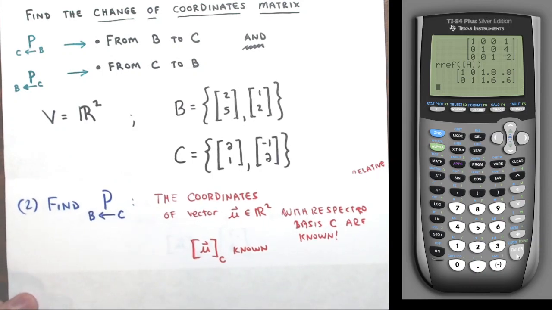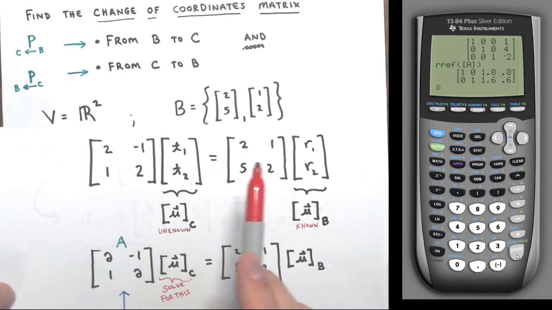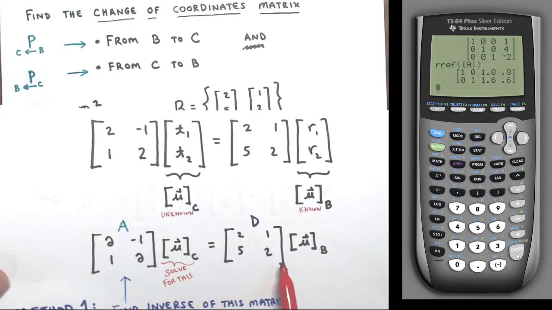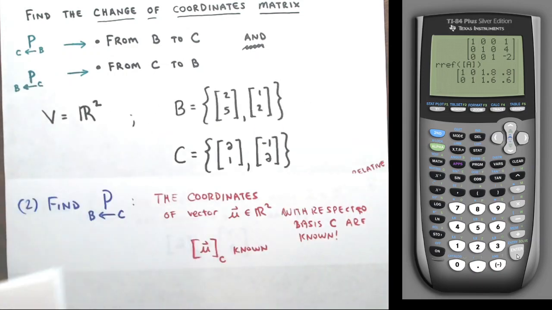All right, so I'd set up the same equation that I did earlier, so nothing would really change. I'm just going to switch the sides so that the notation means something, right? So the C stuff on the right, B stuff on the left, all that same stuff I did earlier. I'd set up the same equation with these same two matrices, just with the sides switched. So I'm going to write that again. All right. So we'd eventually get down to this equation